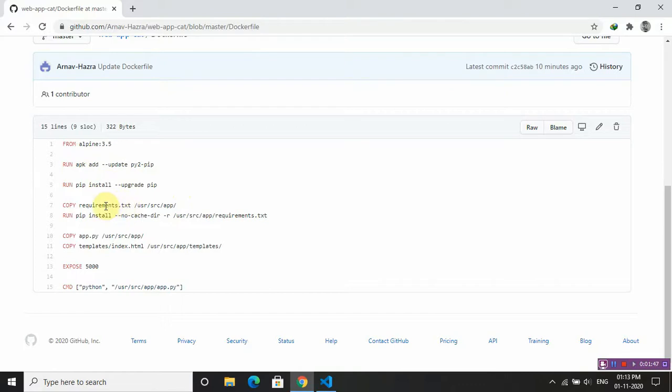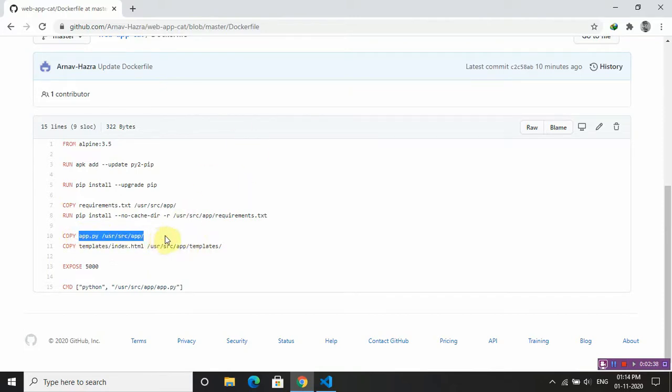Then we copy the requirements.txt into the container, and then we run the command pip install on the requirements.txt file. So whatever is inside the requirements.txt will be installed using pip install. Then we need to copy the files.